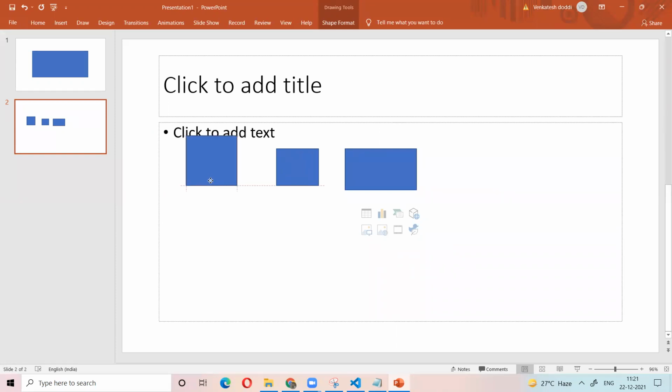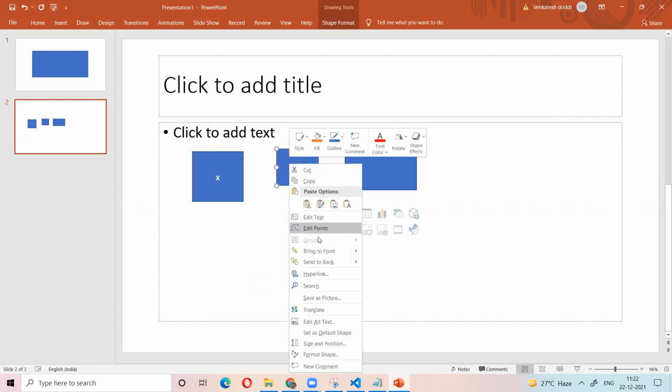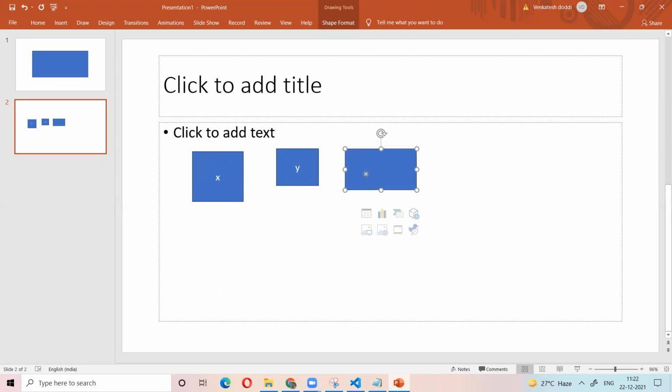For example, this box is named X, this box name is Y, and this box name is Z. Here we have the memory, boxes meaning storage locations. We can give one name for each box. Those are called the variable names. So variables are the storage locations in our memory. For every storage location, we give one name. That is called the variable name.